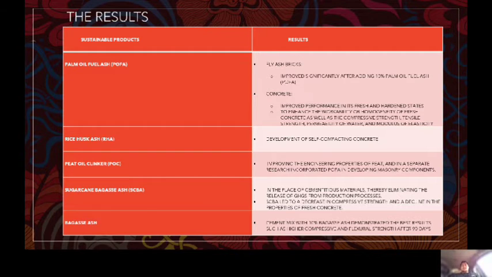Next is sugarcane bagasse ash, SCBA. The result is in the place of cementitious materials, thereby eliminating the release of GHGs from production processes. SCBA also lead to a decrease in compressive strength and a decline in the property of fresh concrete. The last sustainable product is BAH. The result is cement mixed with 10% of BAH demonstrated the best results, such as higher compressive and flexural